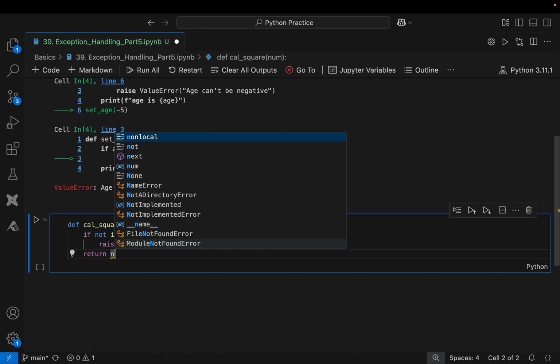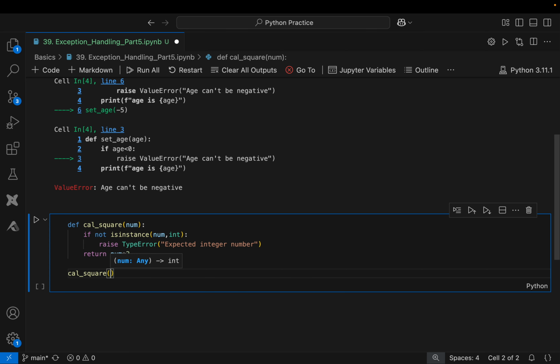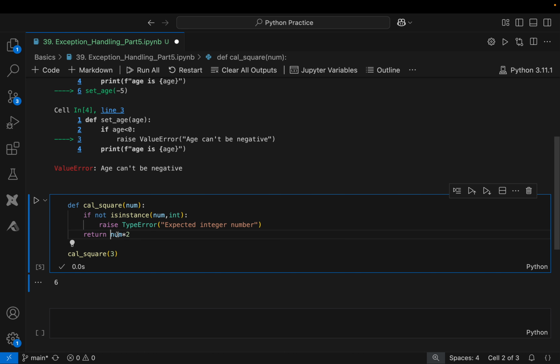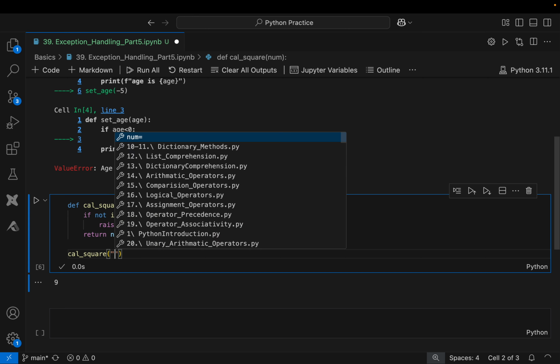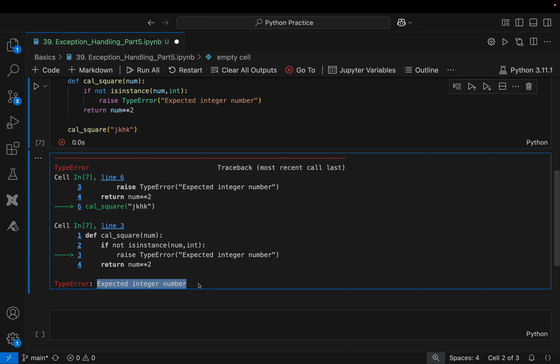So basically num multiplied by 2. Now if we call this method calculate_square, and first let me give a good example, let's say 3. If we pass 3, it will return 3 squared, which is 3 to the power 2. Square means a double asterisk, so now we will get 9. Now, instead of a number, if we pass some string, we will get the error "expected integer number", and